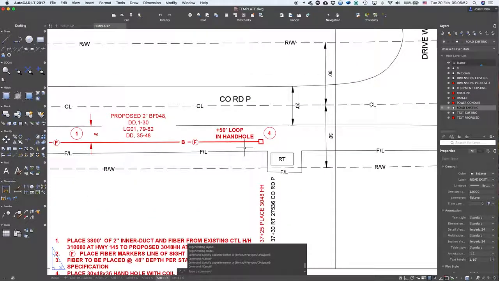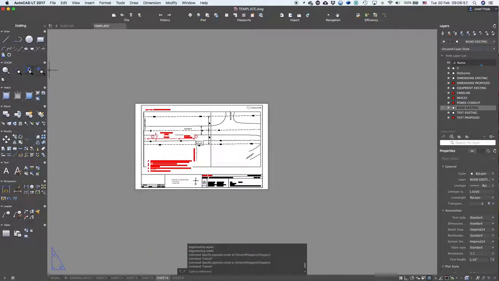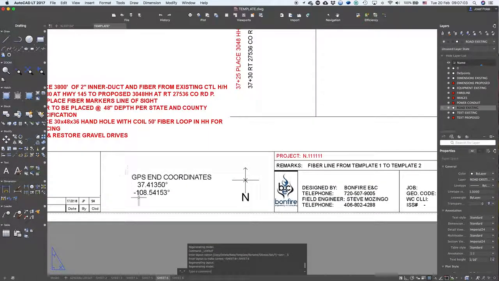Loop, don't forget the loop. Don't forget all the labels. Now we go to the last sheet, and don't forget the end coordinates. Yeah. Now the last sheet